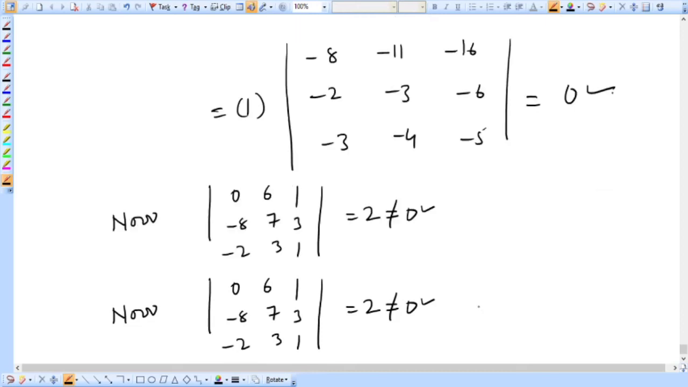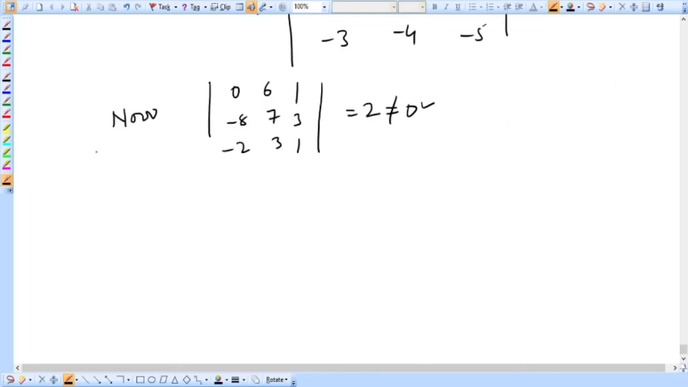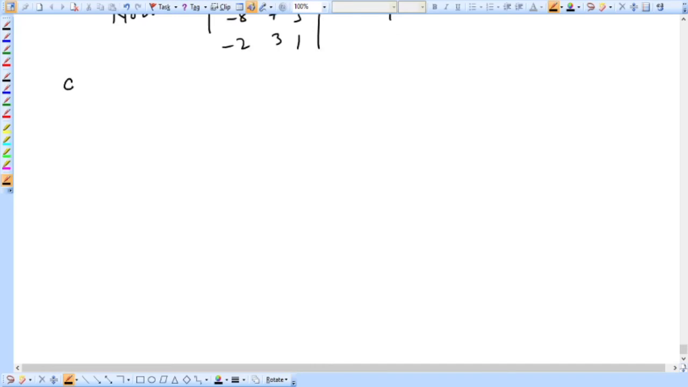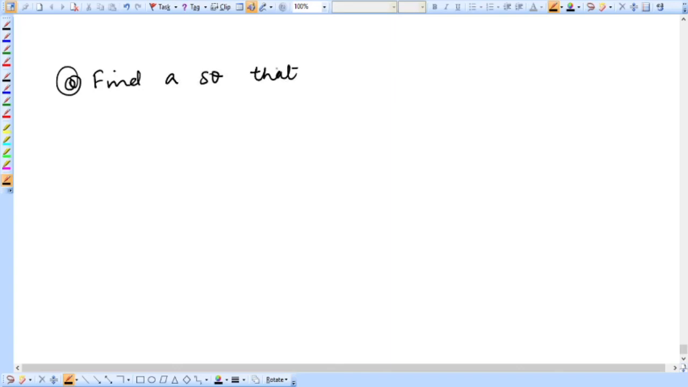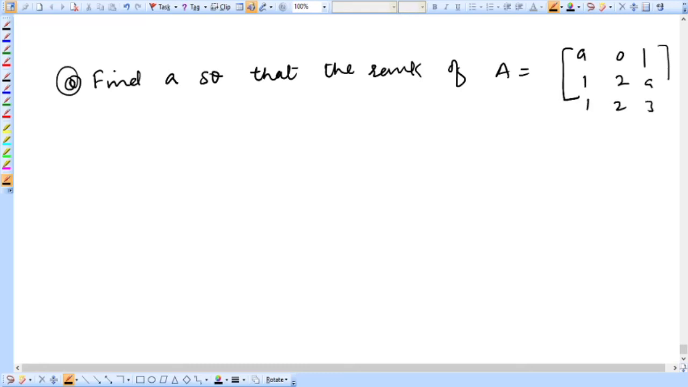One more simple problem. Find a so that the rank of A, equal to the matrix with rows a 0 1, 1 2 a, 1 2 3, is less than